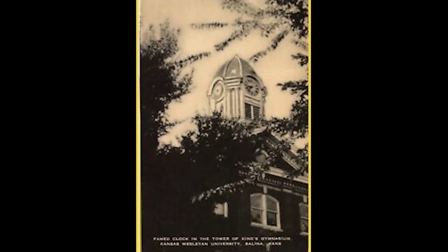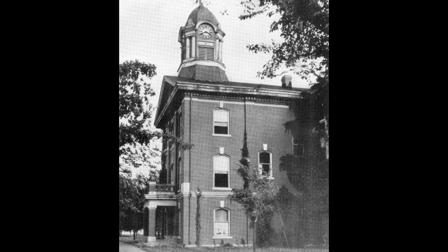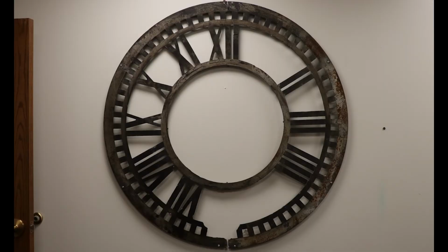Previous students might consider it an oversight if we fail to acknowledge that during this same time frame, another campus clock graced King Gymnasium. This clock was well known and loved by all who had the privilege to experience its chimes. Sadly, it was destroyed in the 1987 fire that destroyed King Gymnasium. On an interesting note, the face of that clock was preserved and is now displayed in the KWU Advancement Office